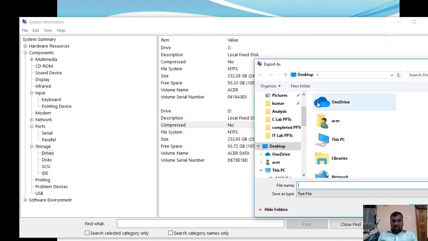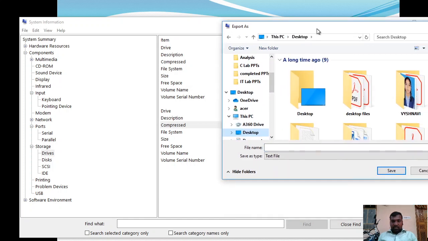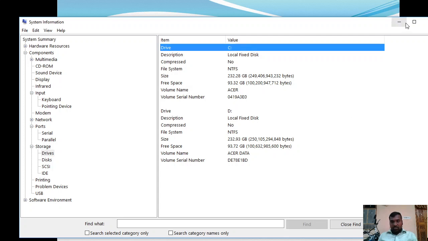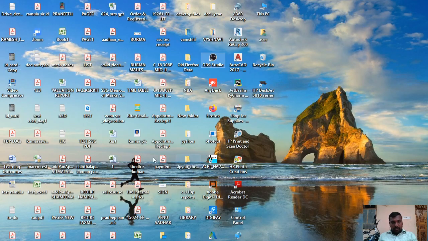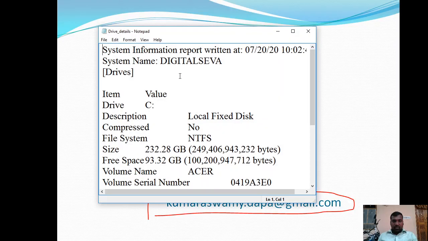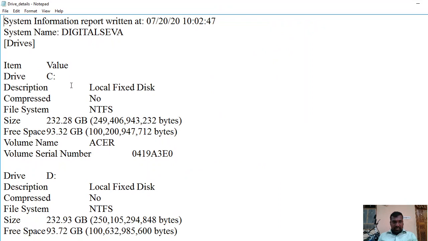So for example I am choosing Desktop, and giving the file name as drive details, and I click on the Save button. So let us check. So here a drive details file is there, a text file created just now, and opening that, it contains all the drive details, right?